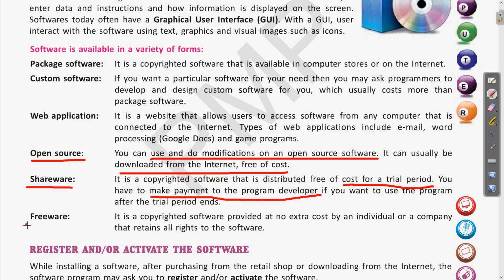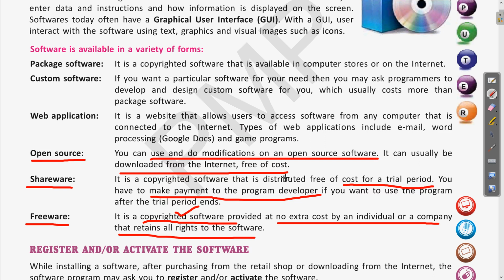Clear? Next is freeware. So what are freeware software? These freeware software are the copyrighted software which are provided at no extra cost by an individual or a company that retains all rights to the software. So freeware are those software which are provided free of cost, but they are copyrighted software. So this is the difference between open source and freeware.